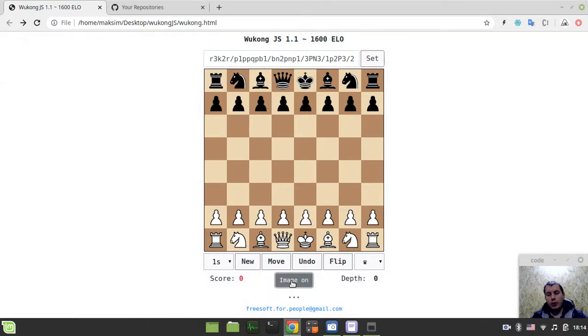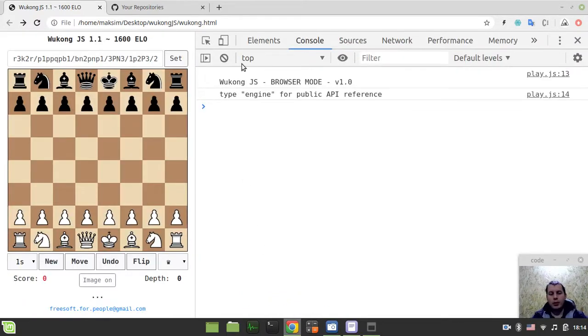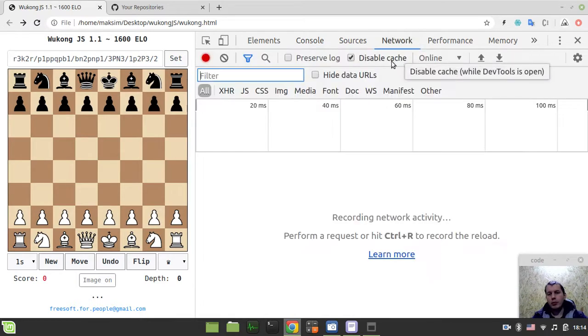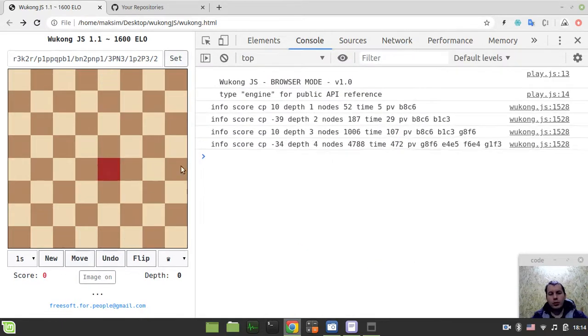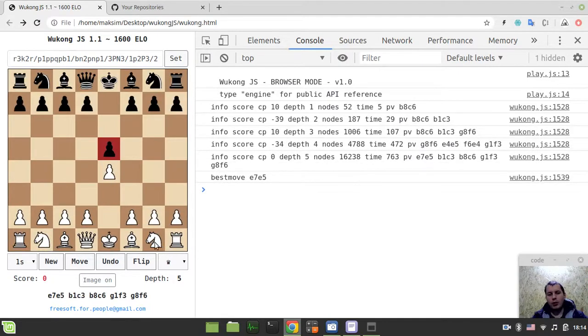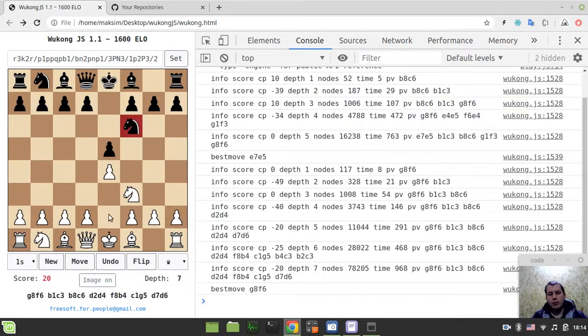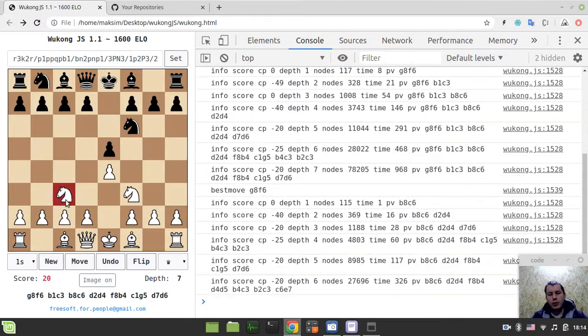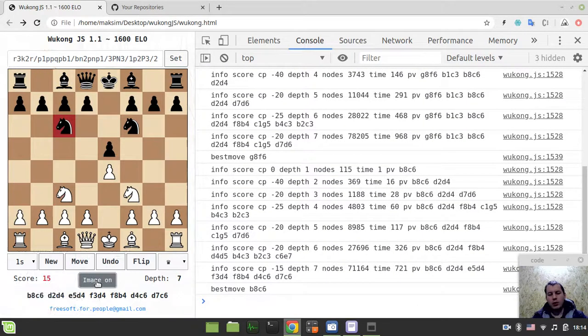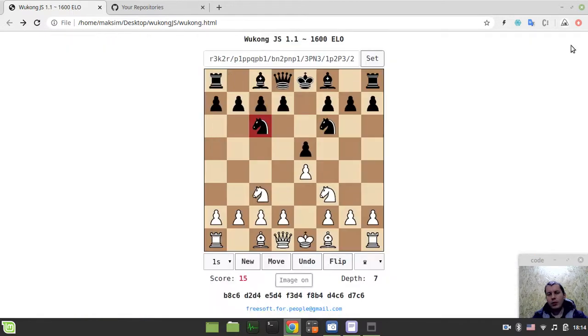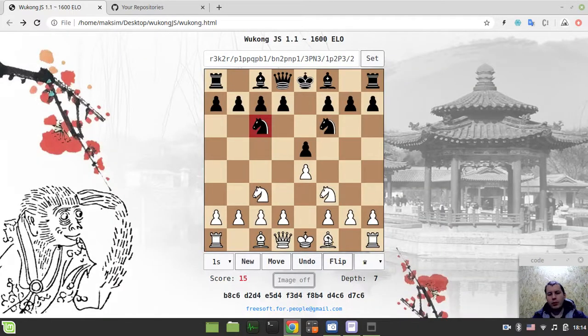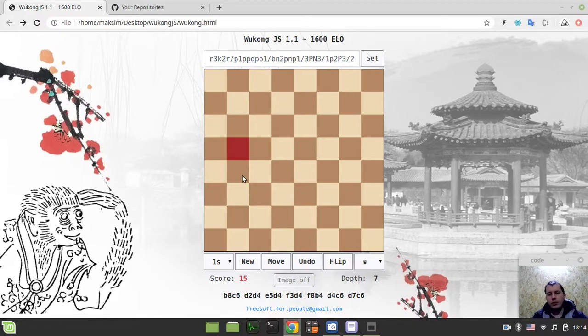The background image might be toggled on and off, so it's useful if you want to play with the console being opened here. So if you just want to see in real time how the engine is calculating, this is probably a very nice idea, because with this image it doesn't really look that great, and without the console it's quite nice to have this nice little tricky